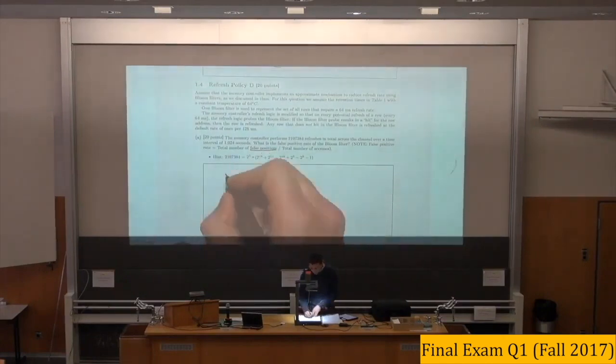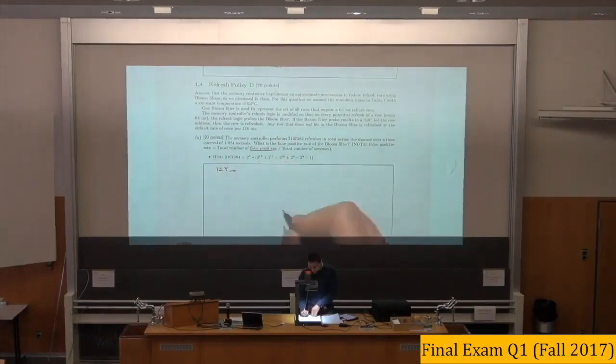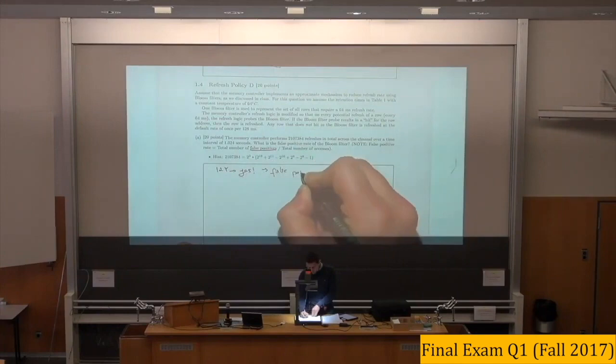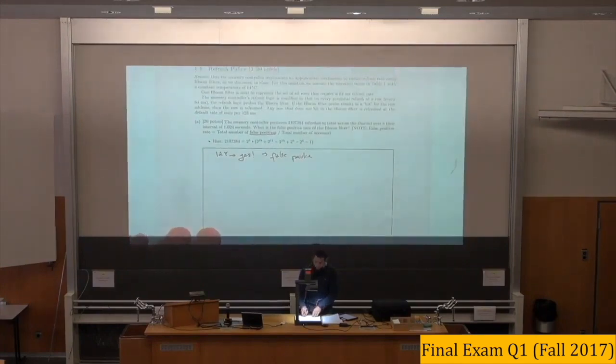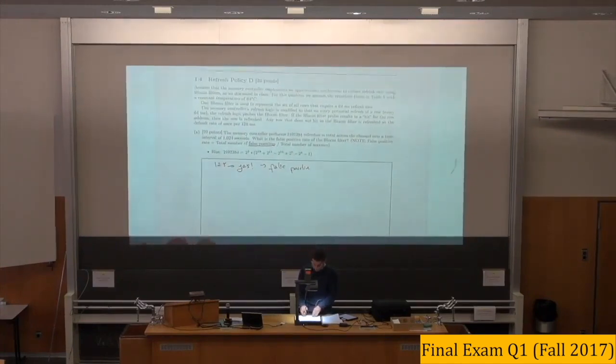For example, let's take a row which shouldn't be refreshed within 64 milliseconds. Let's say it should be refreshed in 128, and we ask whether it is located in the Bloom filter. If the Bloom filter says yes, then this is a false positive. So the question asks for the false positive rate,